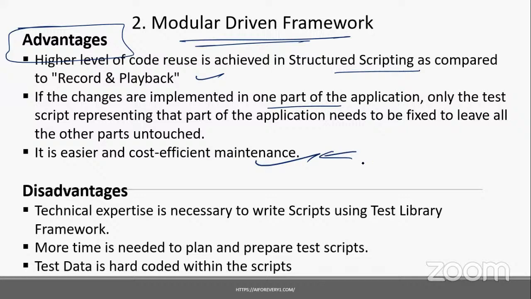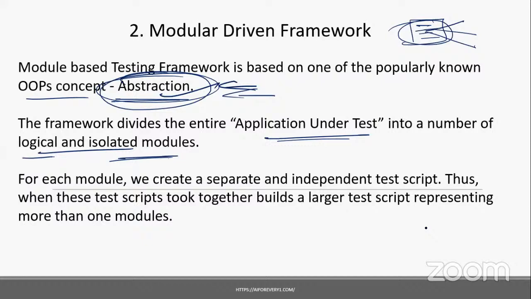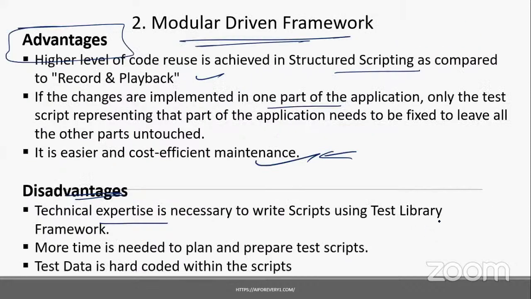Maintenance is easy. Maintenance is one of the important terminologies, especially while doing the estimation, they will consider maintenance and reusability. These two words are important. And what is the drawback here? If we want to do this, technical expertise is definitely necessary, because with OOPS concepts you must know Java. Actually, OOPS concepts are not only used in Java, but also in other programming languages like Python. So you must know some programming language.